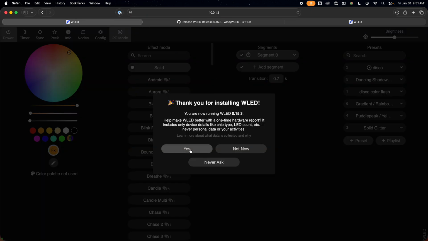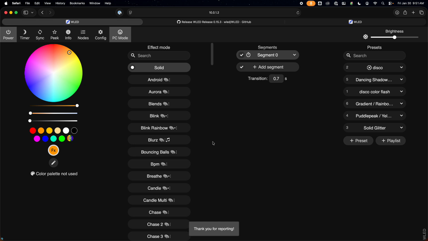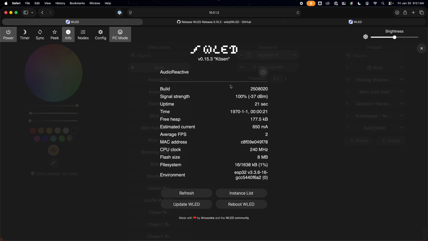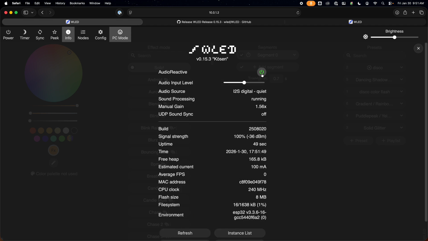I'm going to go ahead and let them have some information. Okay, now we'll go back to info and we'll check. Our time is not synced yet, but now we've got a bit more information about the light itself. There's our time, just got updated, and I'll refresh, and that's it. Now we still have all the same effects and everything, but now we've also got an audio reactive